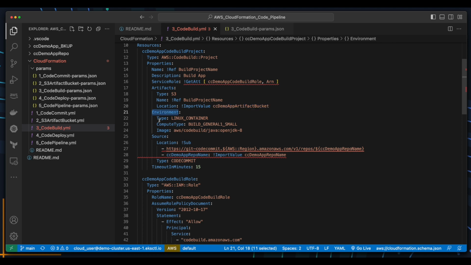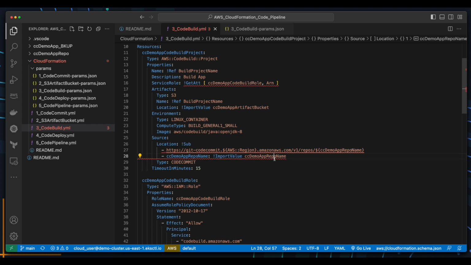The environment is a Linux container with the compute type of build general 1 small and has a Java OpenJDK 8 image. The source location for the CodeBuild project will be imported from the CC demo app repo name and